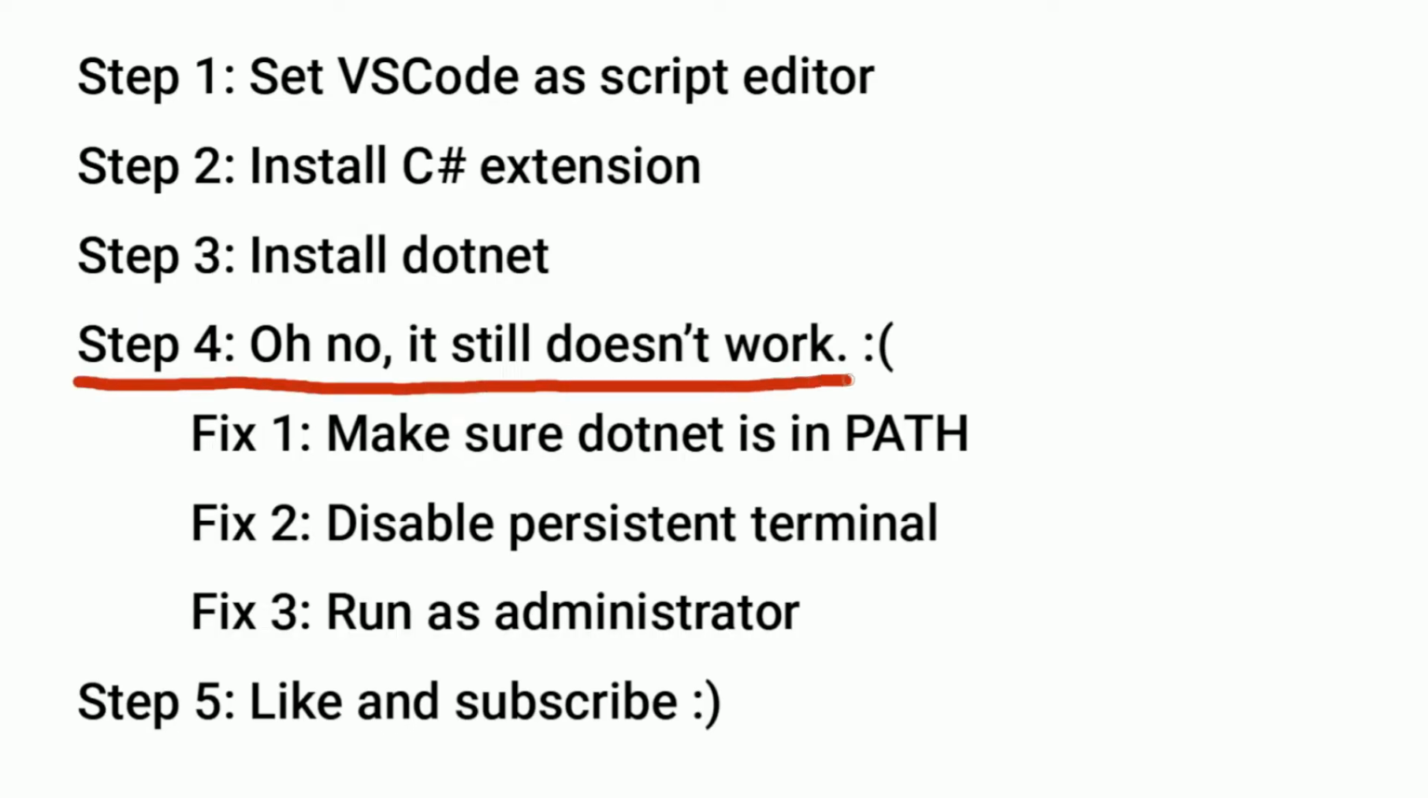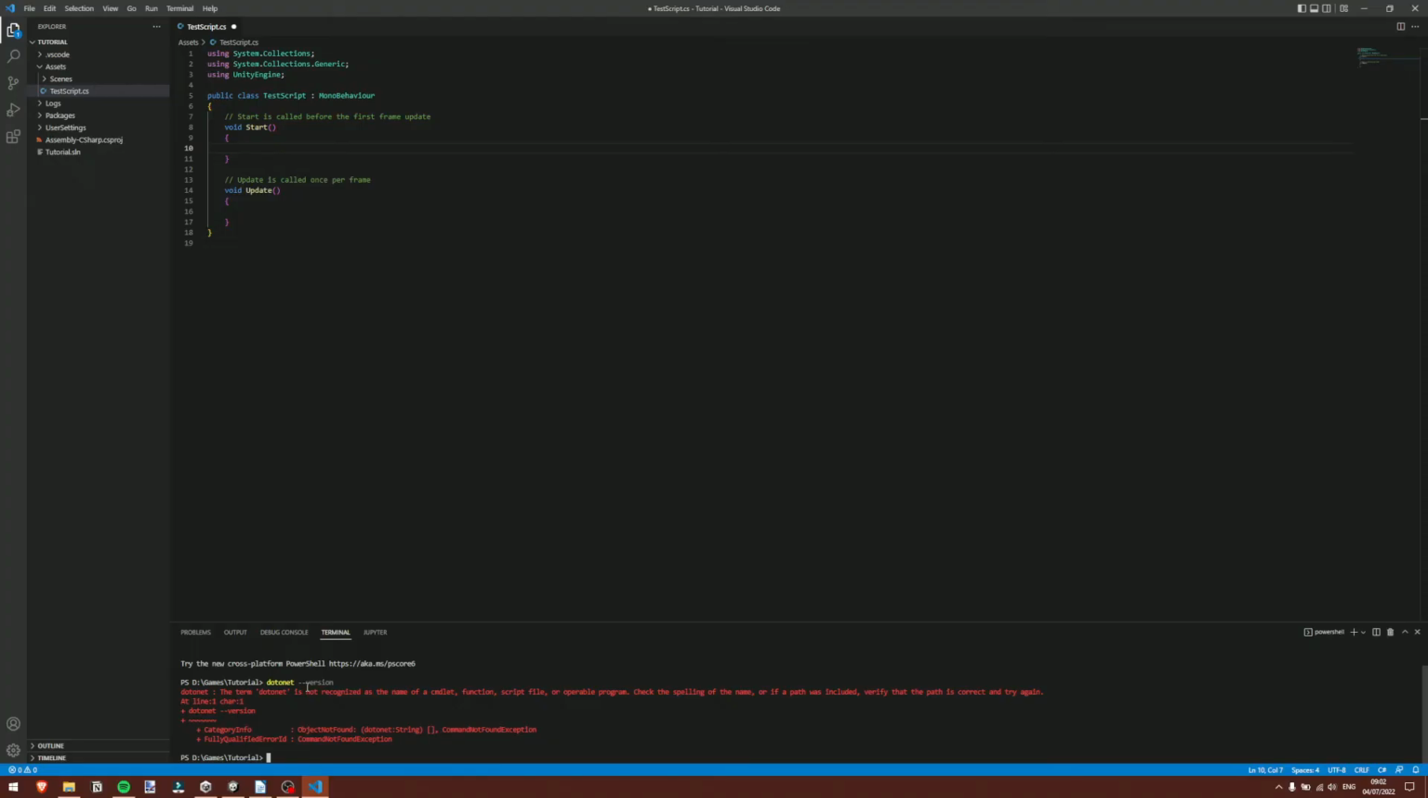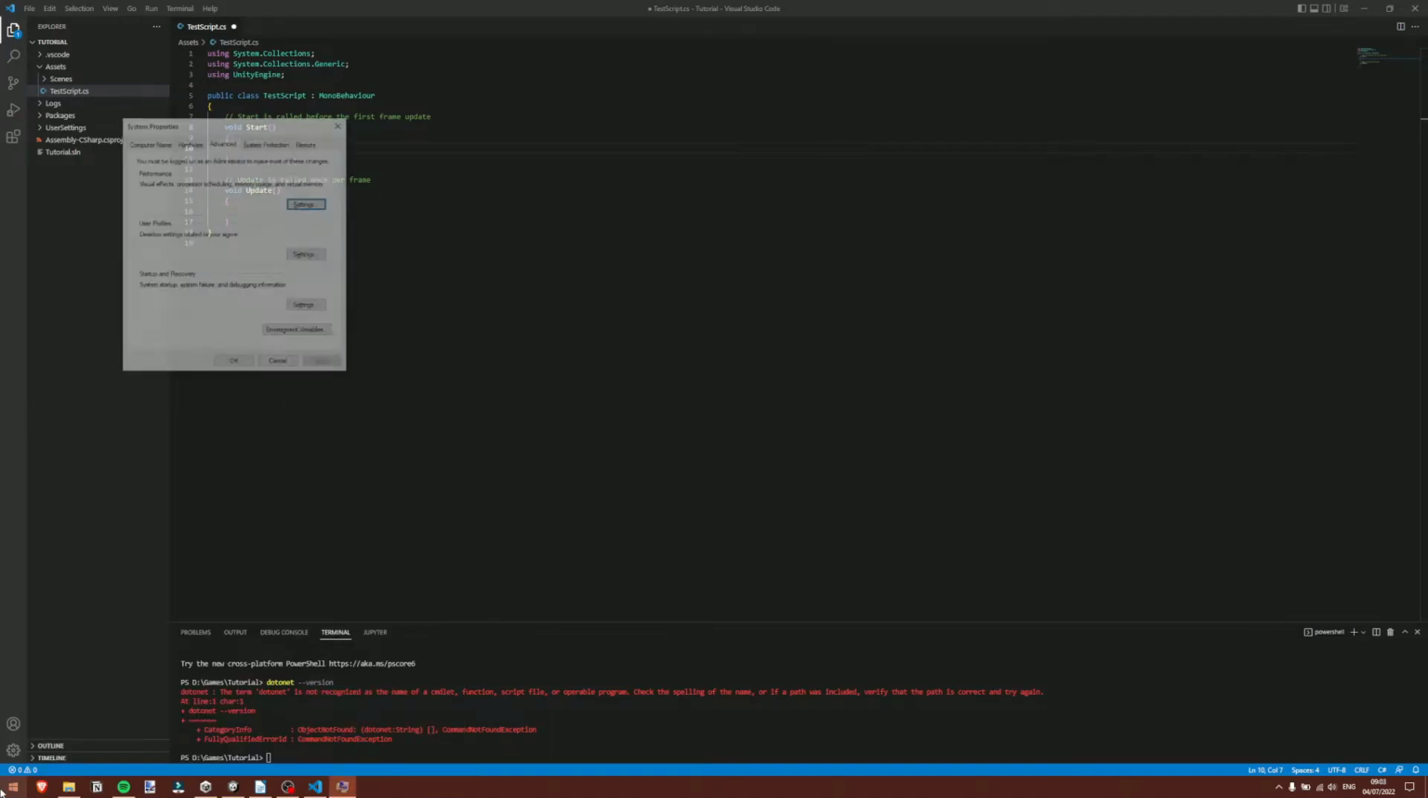If you've restarted your computer and it still doesn't work, here are 3 fixes. If you call .NET in the terminal and it returns an error, this is because it can't find .NET. It needs to be a part of the path variable. Open Search and type Environment. Click Edit the System Environment Variables,